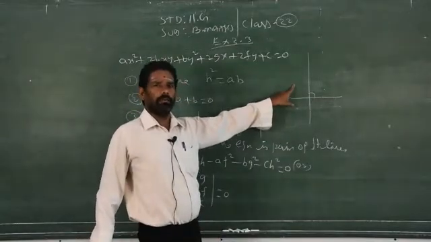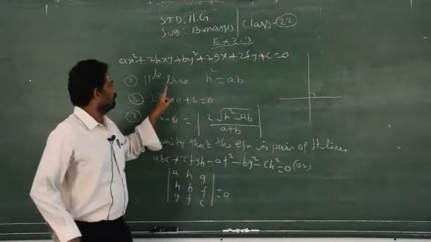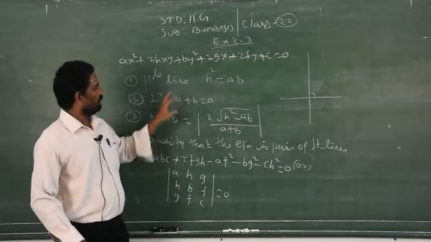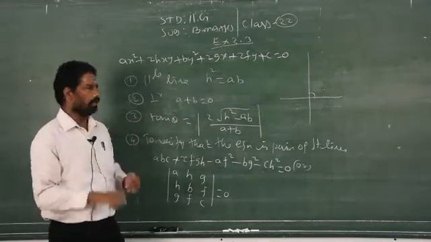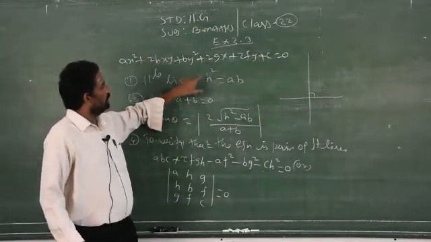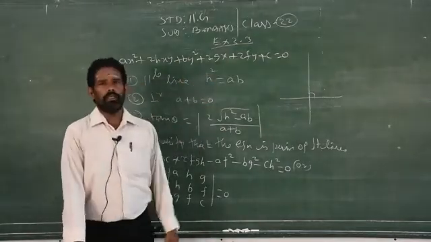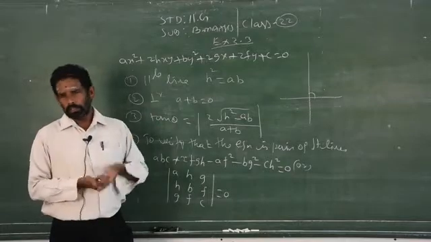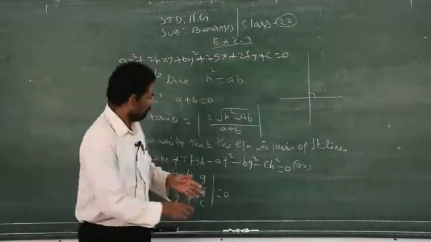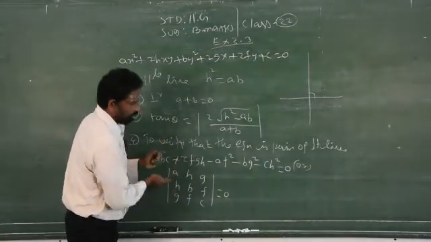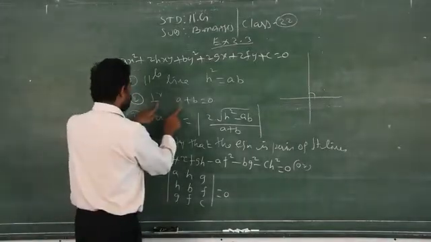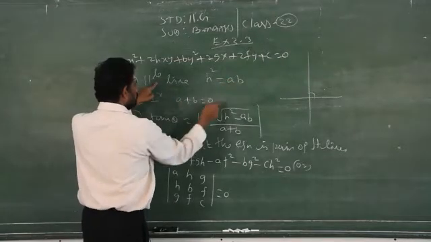If it is perpendicular lines from the pair of straight lines, then you have to use these conditions. When this condition is satisfied by the equation, you say that the two straight lines are perpendicular to each other. When the equation satisfies the parallel condition, those two straight lines represent parallel lines. That's all, very simple. First you check whether the given equation represents a pair of straight lines or not using any one of these two formulas. After proving that it is a pair of straight lines, you check whether they are perpendicular or parallel lines by using these two formulas.